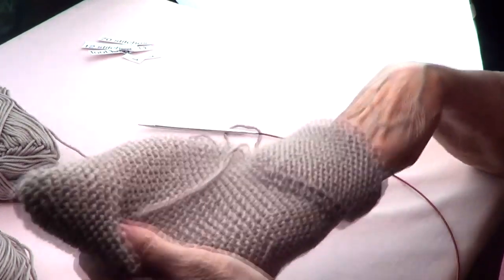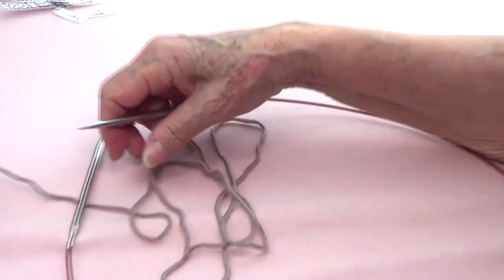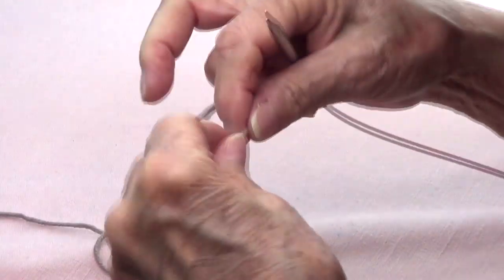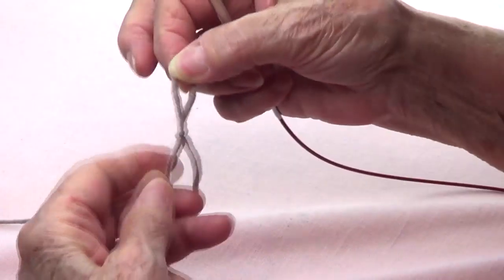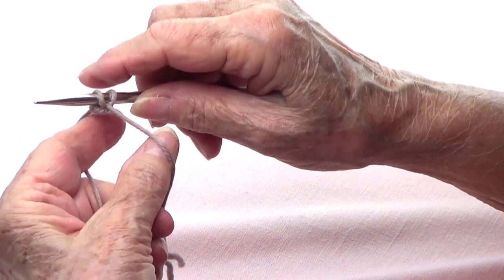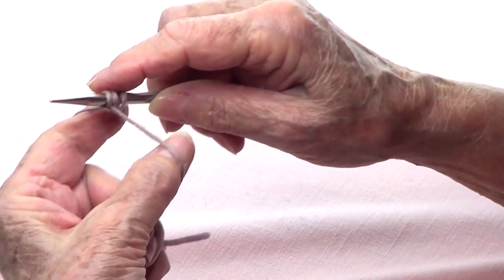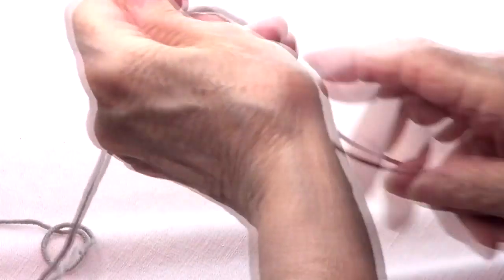So this is a square, just a very plain square. And what you want to do is cast on 3 stitches. So that is 1, 2, and 3. Now from now on, you are going to be